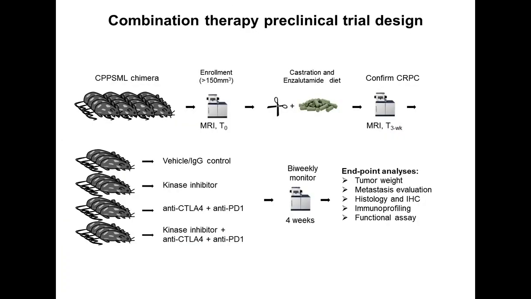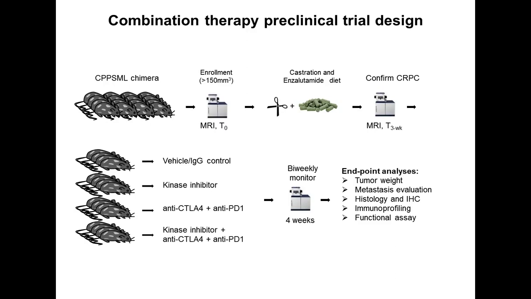So this slide shows the overall design of the preclinical trial. By using the chimera modeling approach, we generate a whole bunch of these chimeras, and then we set a criterion for enrollment: the mice have to have their prostate over 150 cubic millimeters before they turn 18 weeks old. If the chimeras meet that criterion, we will enroll them into our clinical trial. If they don't, they will be excluded from our trial. And this volume was measured by weekly MRI imaging.